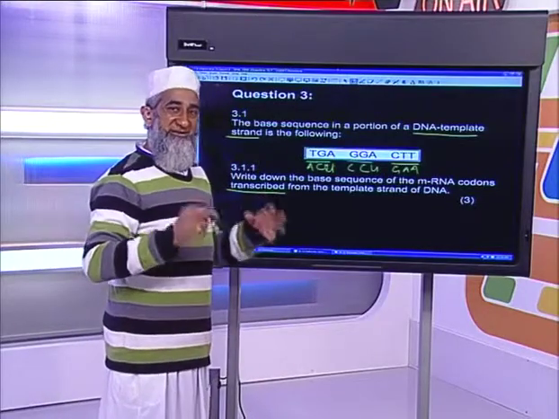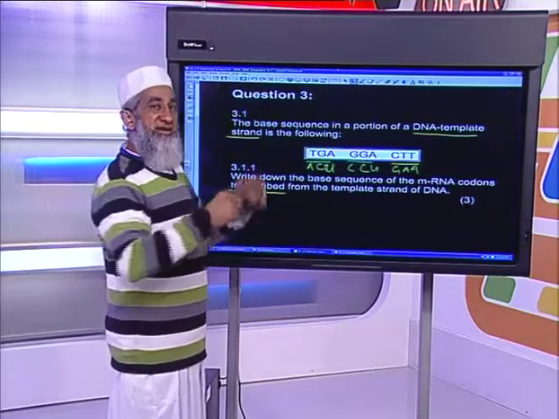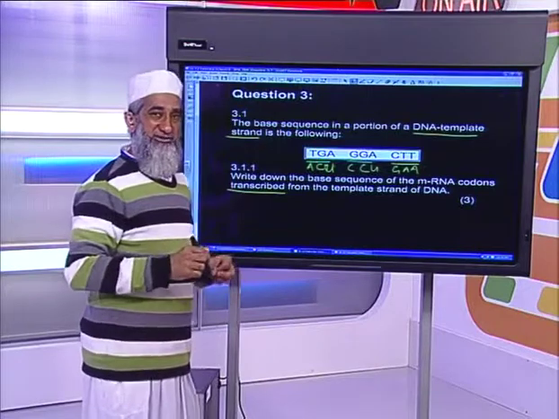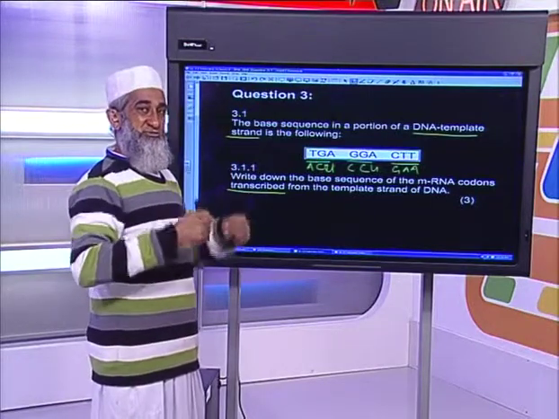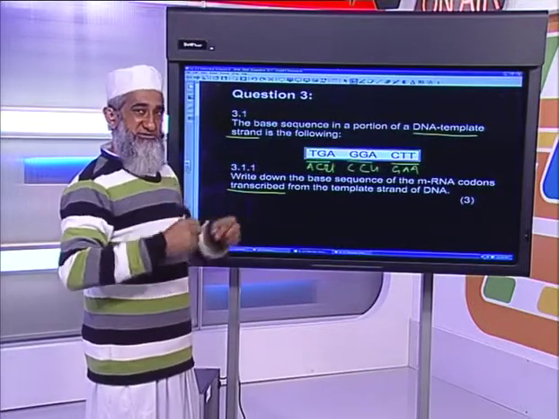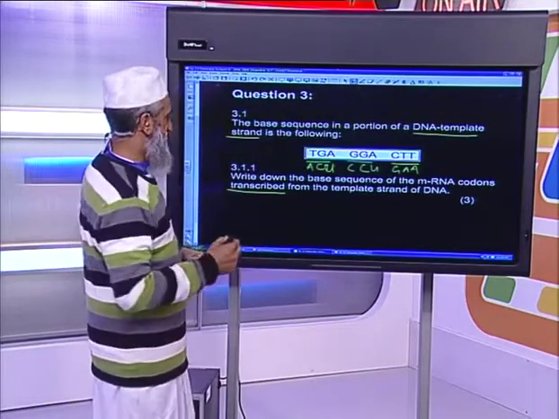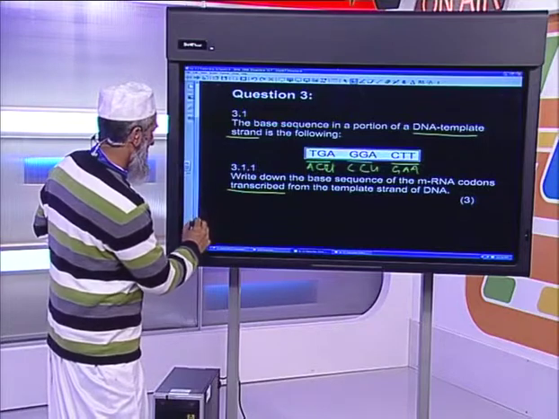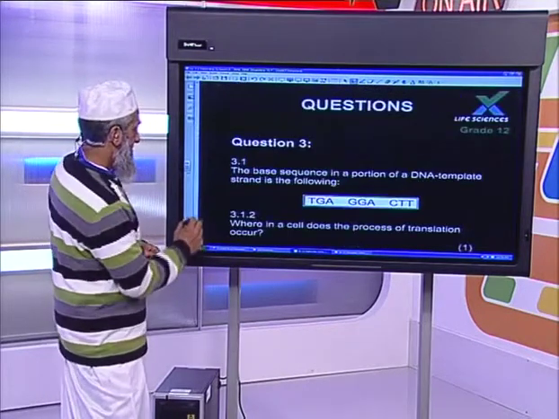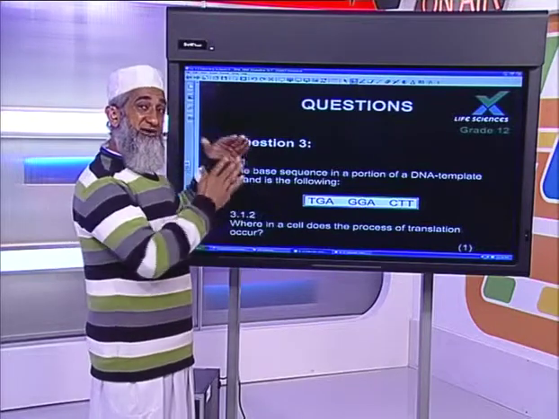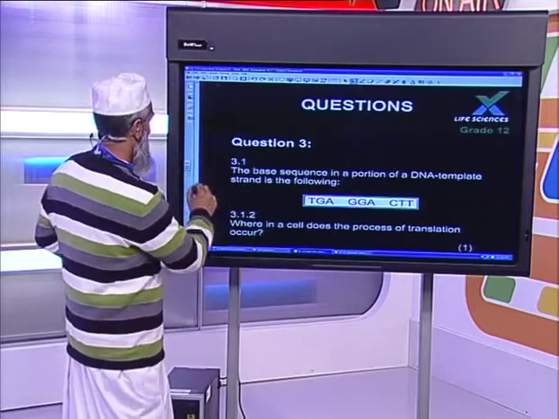Please understand the following. Lots of learners think that whenever A is supposed to be there, they put U. That's not the case. Whenever T is supposed to be there, that is where uracil comes in, because RNA does not have thymine. It has uracil in its place. So be very careful with that. And by the way, Samuel, that answered your question on transcription. So we've covered the transcription part. Let's move further.